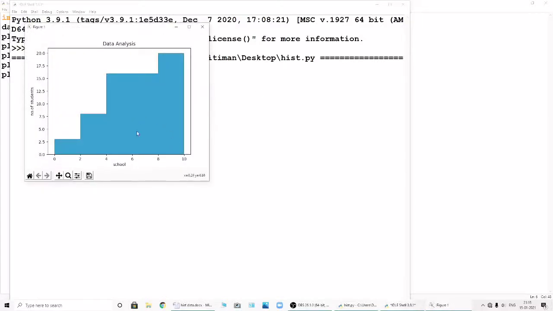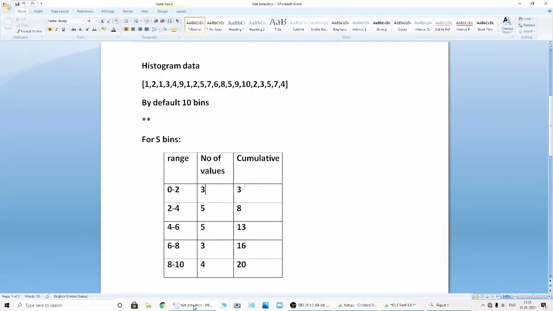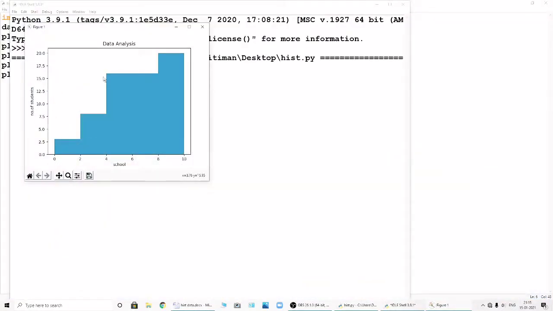Now you can see this is the required output. Here it is 3, then 3 plus 5, so here it is 8. Again 8 plus 5 is 13, here it is 16, then 18, then it goes till 20.